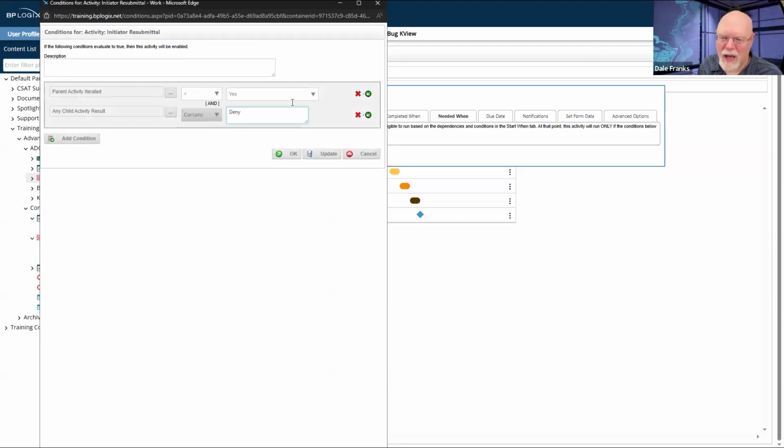I could probably use equal here and it would work just as well. But I want to have both of these things be true. Yes, it not only has to be iterated, but one of the child activity results has to be deny.